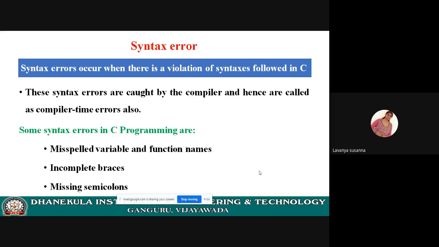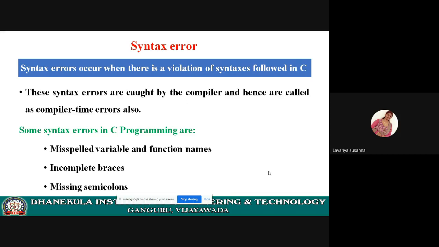Before going into syntax error, you need to understand what is meant by syntax. It is the structure of the statement, that means the general form. The statement must appear in this form only. If you want to use all these basics, first you need to understand the syntaxes, that means the general form of how a statement looks like. You need to follow the syntaxes.